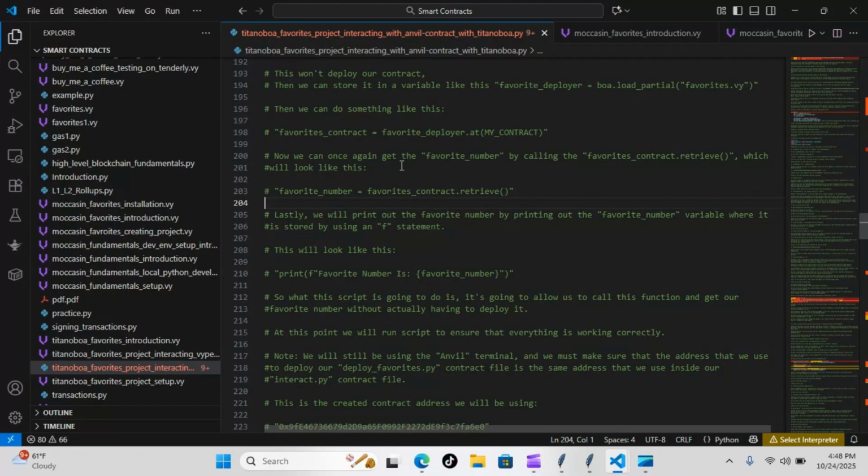Now, once again, we'll be using our favorite number by calling the favorites_contract.retrieve function, which will look like this: favorites_number equals favorites_contract.retrieve. Lastly, we'll print out the favorite number by printing the variable where it is stored, using an F statement. This will look like this. We'll say print F statement, favorite number is, and we'll pass in that parameter of favorite number, which is holding